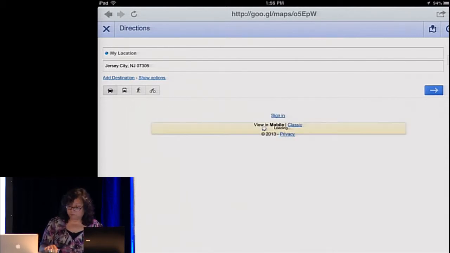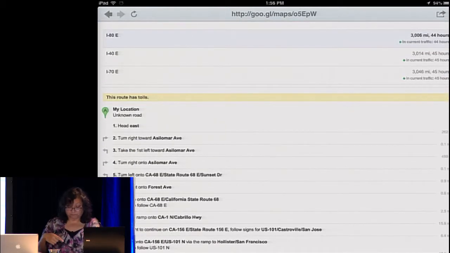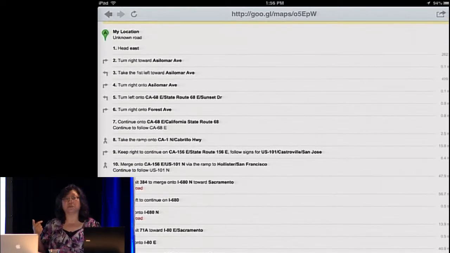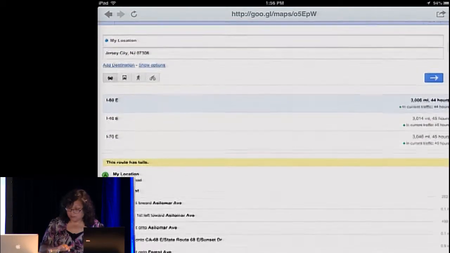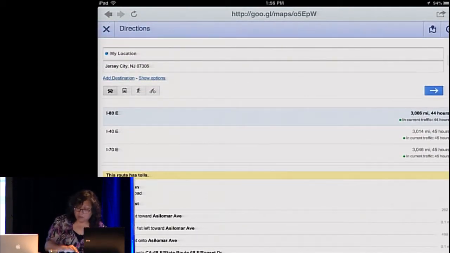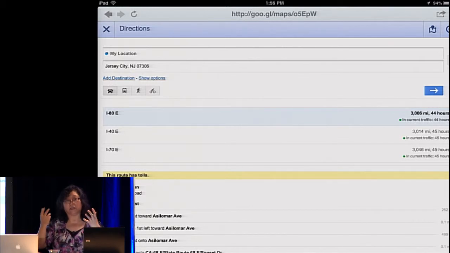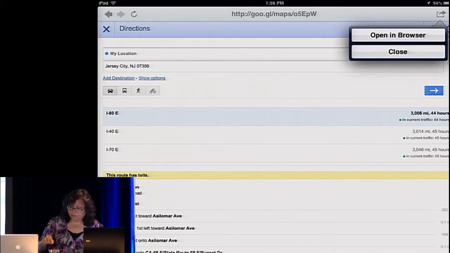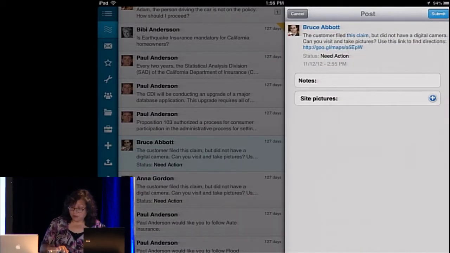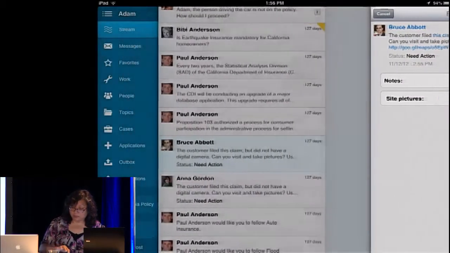Google has given me the information on how to get there from Asilomar, and it looks like it'll take a little time, 44 hours. So again, I've got live links in there that I can use to provide more information to that processor. We can close this, and I can continue on with that.